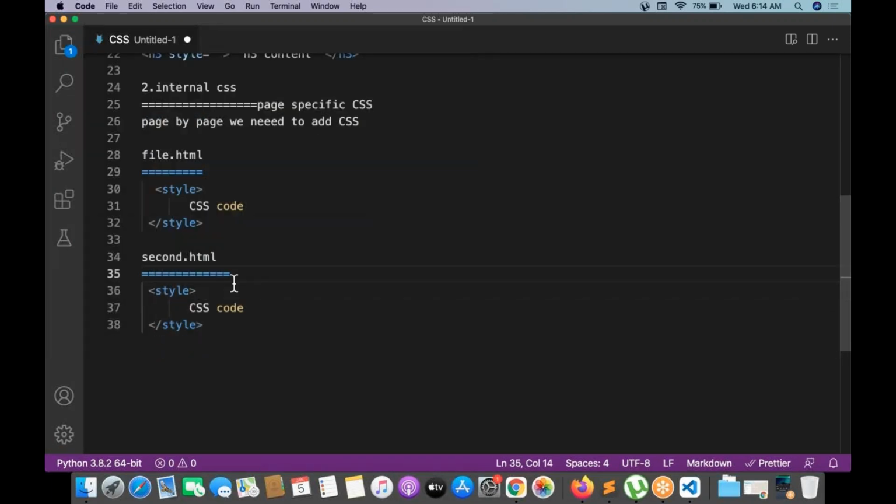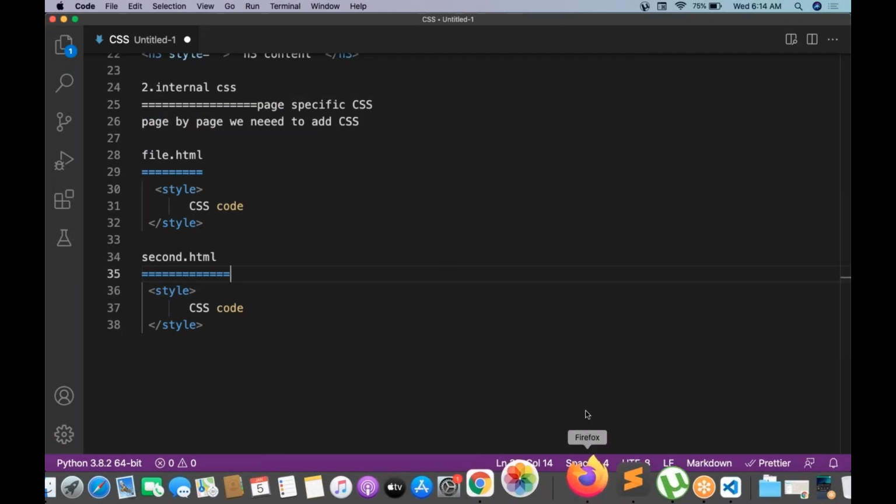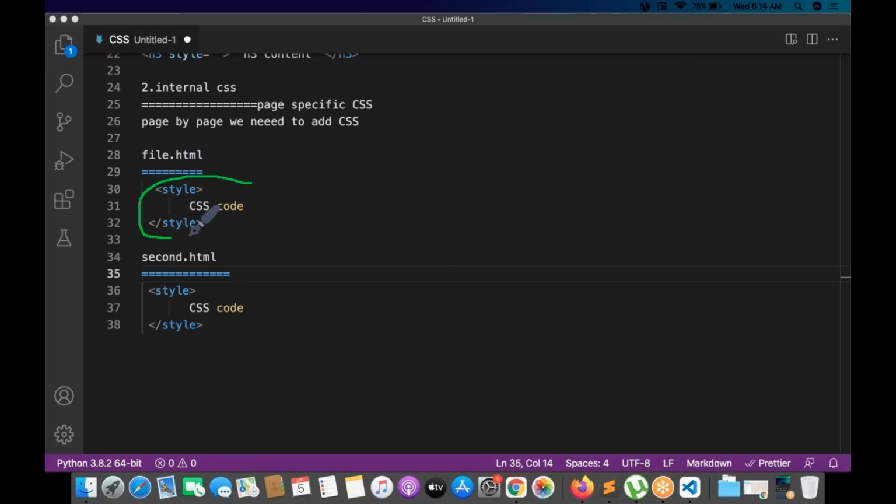For each and every web page, we need to write a style tag. Whatever style tag we write like this is called internal CSS. For example, in my application, I have 100 pages, so 100 times I need to write CSS. The previous one is element specific CSS, meaning in one web page with 1000 elements, 1000 times you need to write CSS.